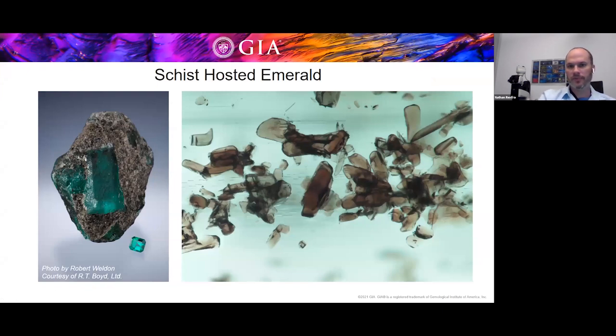Similar things can be applied for emeralds. So this is an example of a schist-hosted emerald. In emeralds, we really have two major types of growth mechanisms, and one is schist hosting. So you have these emeralds forming in this biotite schist from regional metamorphism, where you have a contact zone with some sort of high heat volcanic activity, and so since all this biotite surrounds the emeralds during growth, when bits of foreign material